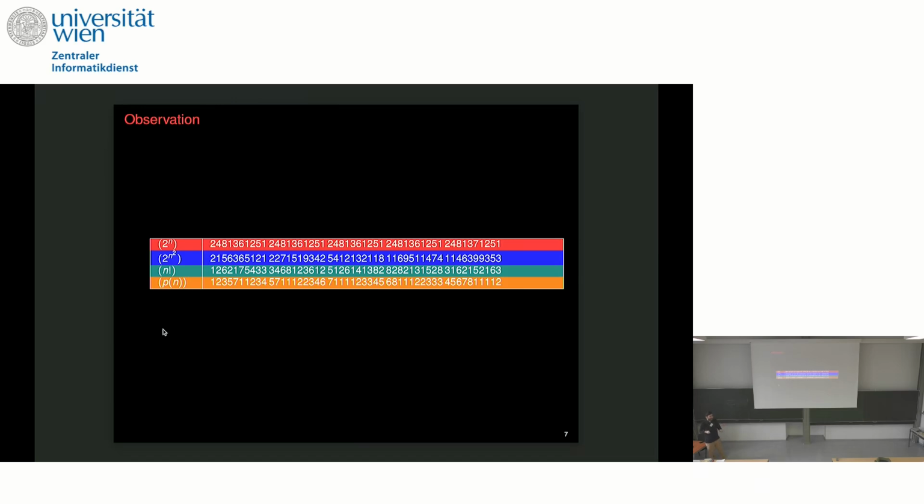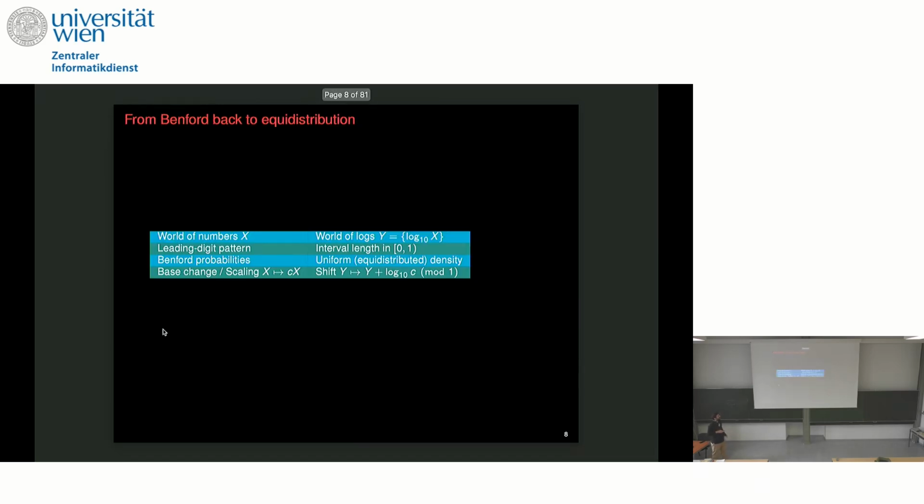Try not to move. So here we are discussing how we can move from Benford's law to equidistribution. This notation is the fractional part of the log of x. We try to discuss leading digits, but instead of that using uniform distribution on one side, and the Benford probability on the other. And here, instead of this